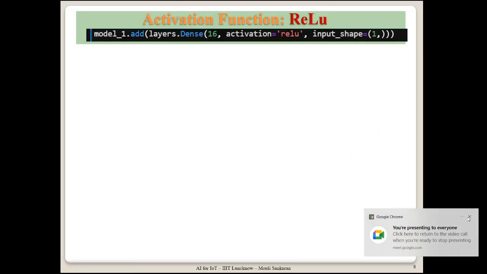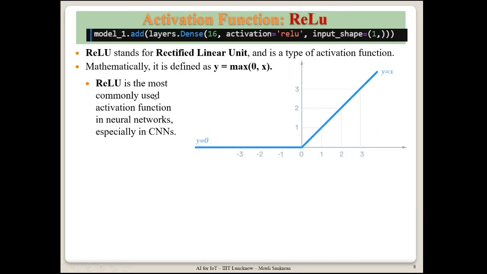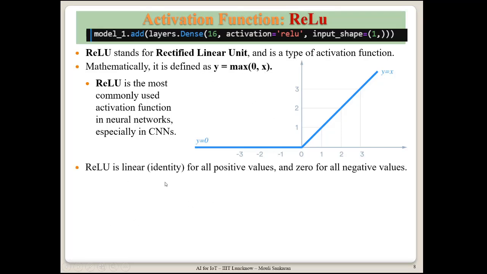Okay, now let us understand it. ReLU is the most commonly used activation function in CNN and is nothing but a max of 0, x. So you can understand that if x takes any negative value, it will be lower than 0, so 0 will come out. So it is very obvious. It's a linear identity because it's mapping all the positive values in a linear way, and even though